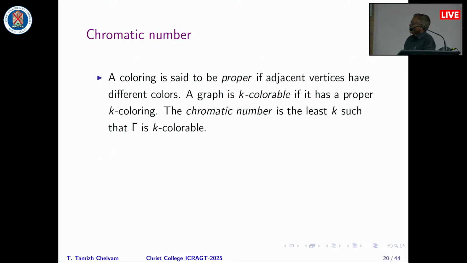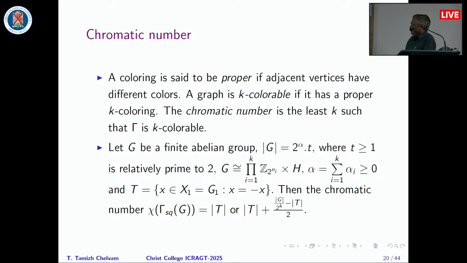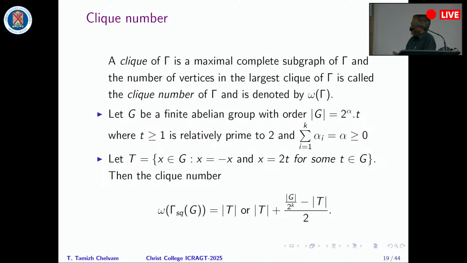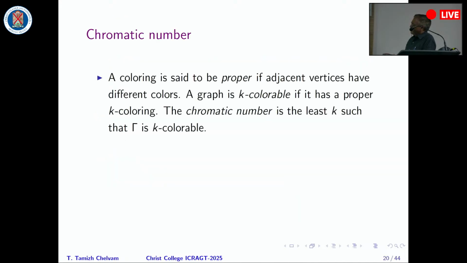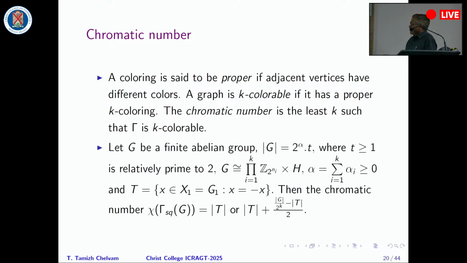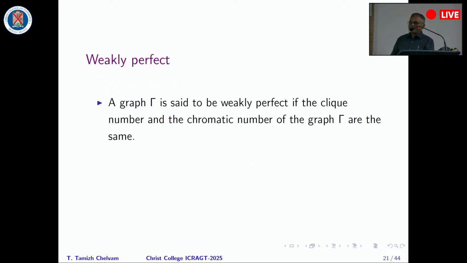Okay. And the chromatic number, please see there is no difference at all, you can look at the same thing here. Of course the chromatic number is the least number k for which the graph is k-colorable, a proper coloring. And with this same assumption we could prove that the chromatic number is this one. And if the chromatic number is equal to the clique number, that is the well-known weak perfectness, and of course it is also my observation that